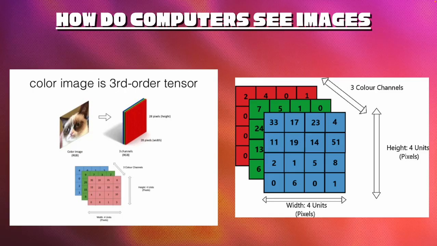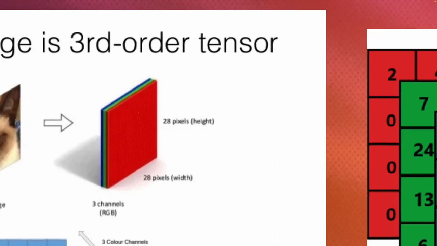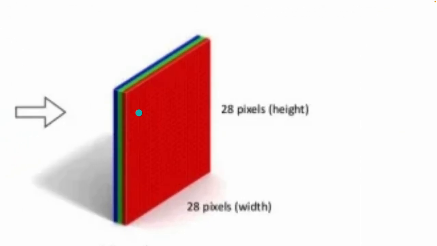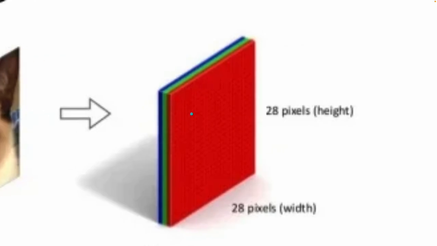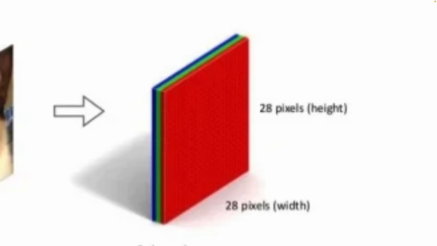In reality, this would be a 4x4 pixel image, which will be absolutely nothing. You won't be able to understand it. But a good example here is this cat image. Actually, this one's very saturated. I don't like that. But we have this cat image right here. You can see that it's broken down into 28 by 28. That's actually really good for an image. Understand what I said? I said pixels, bro.